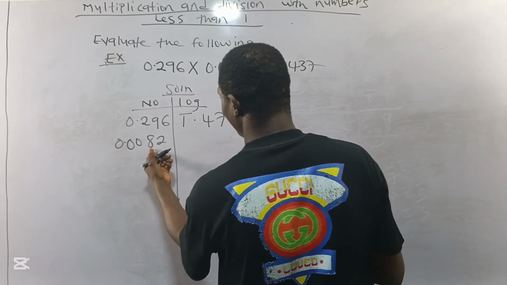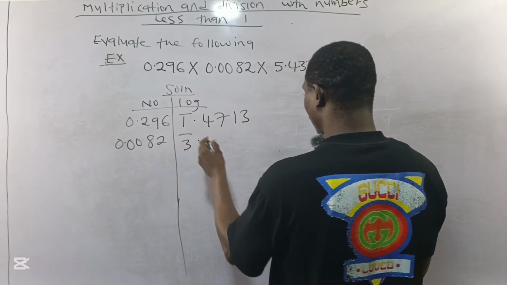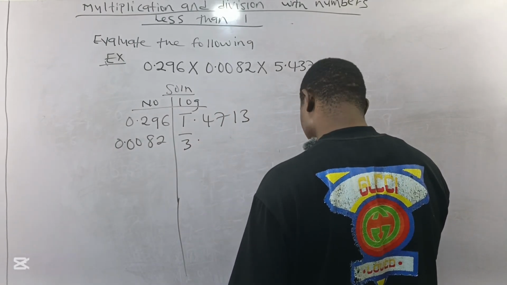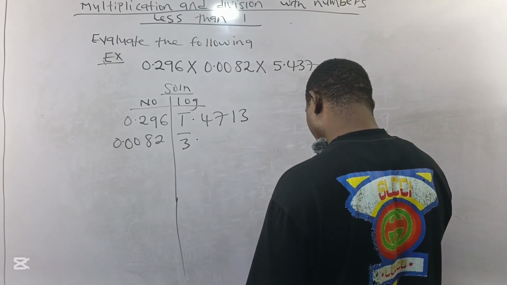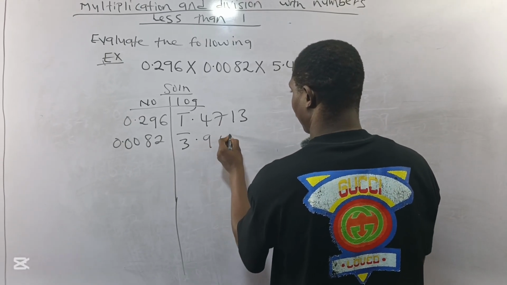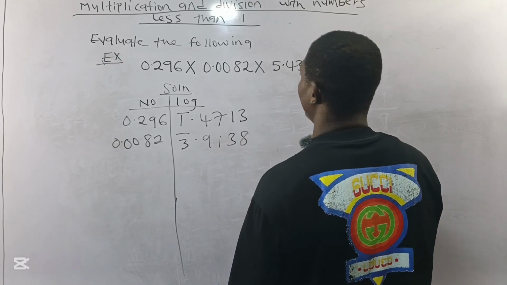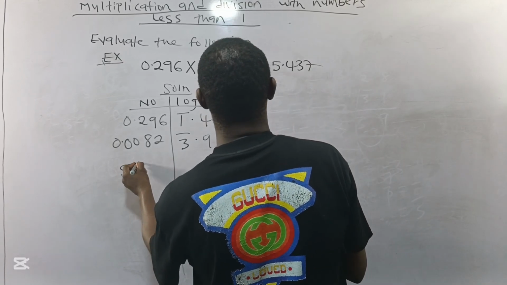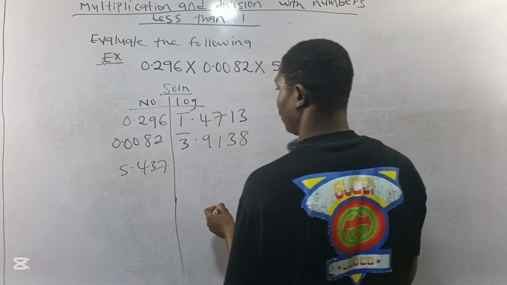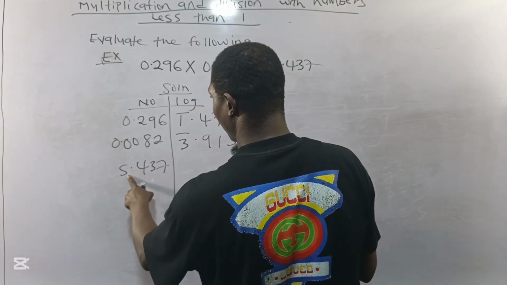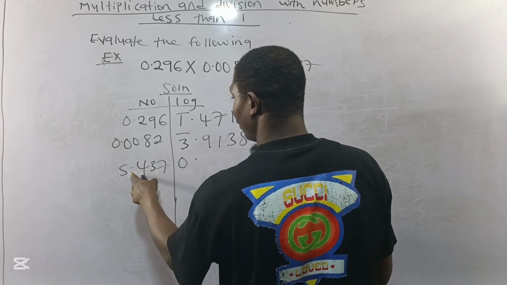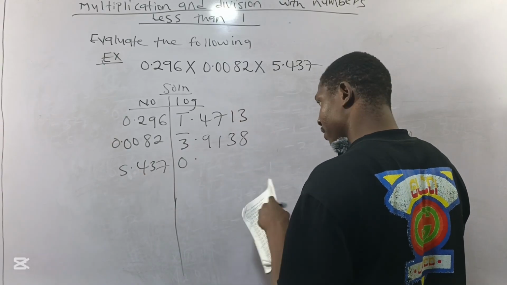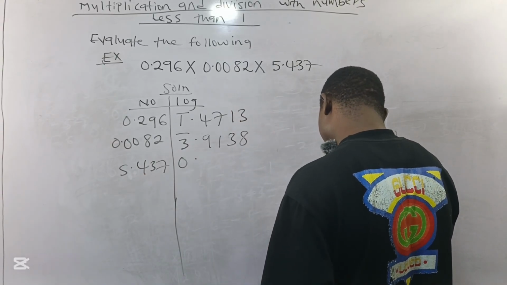And we also have 0.0082. 3 zeros before the real number gives us what? Bar 3.82. 82 under 0, which is 9138. And we have 5.437. This is one real number before the decimal, so it's 1 minus 1, which is 0.54 under 3. 54 under 3 is